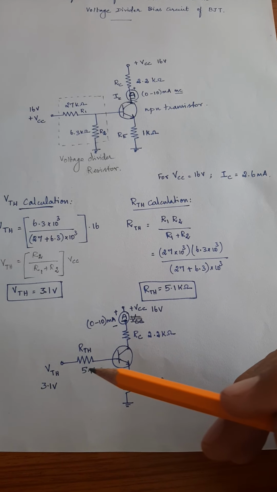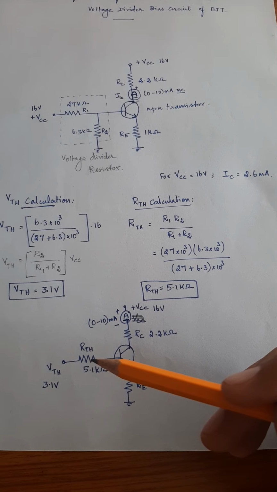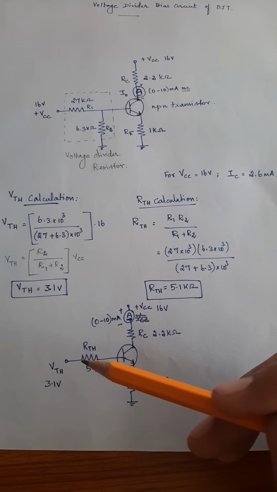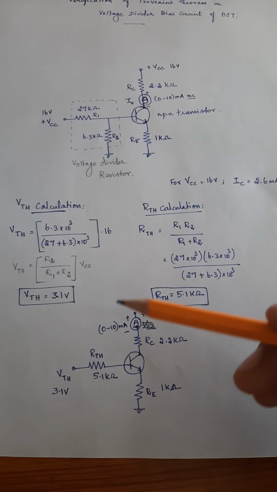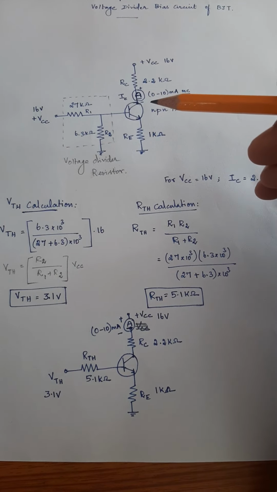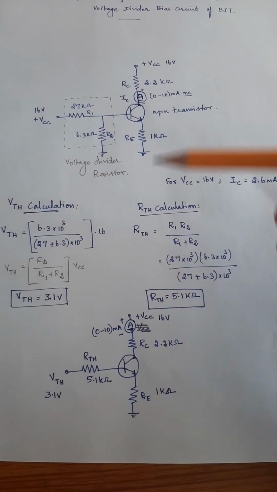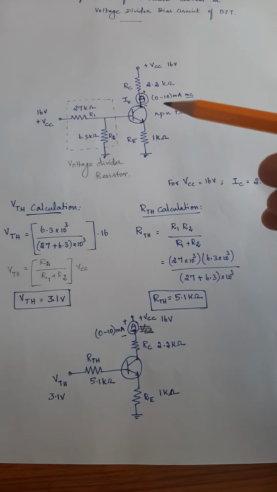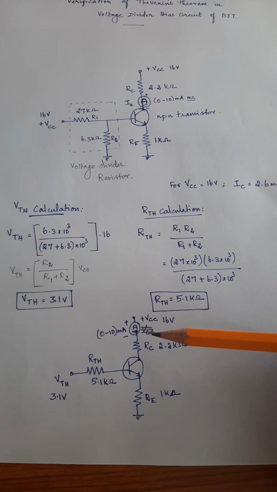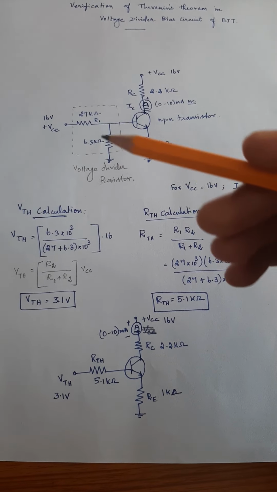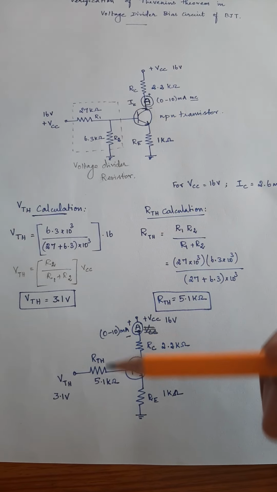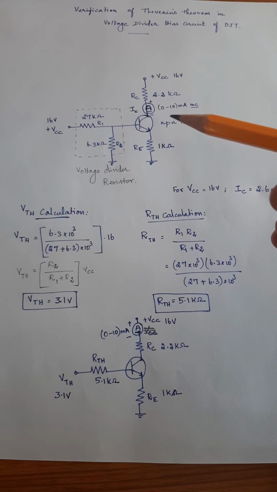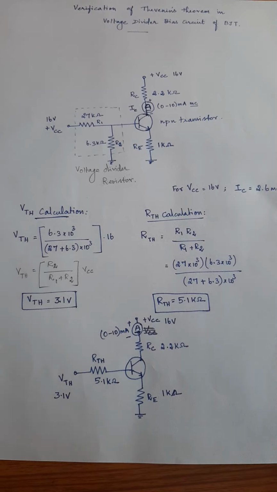This area is untouched. But on this side, two resistances are combined into a single resistance, and the voltage drop is combined into a single voltage, namely VTH and RTH. Now what does the theorem mean? Here I have one collector current, IC. Here I am going to measure another collector current IC. Then these two should be equal. That is Thevenin's theorem. I am equally representing this circuit by this one, which means the collector current should not change. Then only can I prove this theorem.